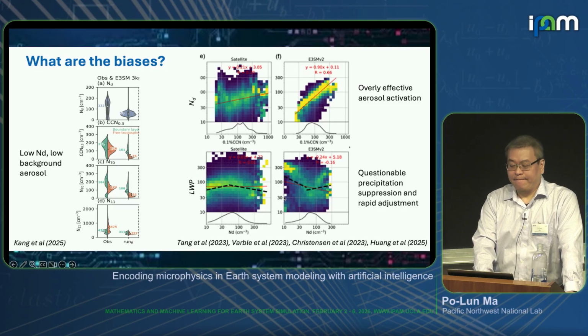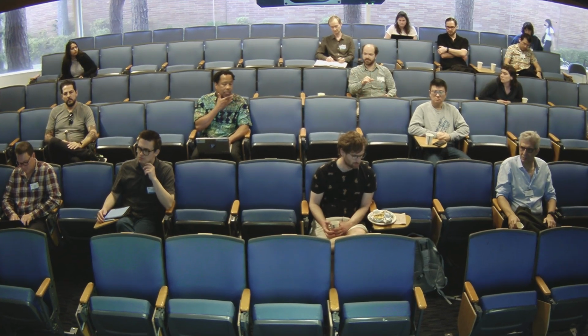Yeah? So in the previous slide, you said that the ACI was within the range of observations from a TOA perspective. And then you're saying that it's too sensitive for the surface temperature. Is that